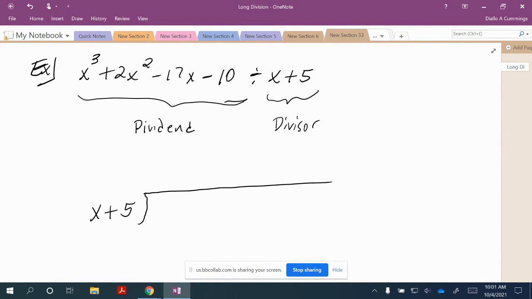and 5, which is a constant, has a degree of 0. If I look at my dividend, my first term is x cubed, so that has a degree of 3. We have 2x squared, that has a degree of 2. We have negative 17x, which has a degree of 1, and negative 10, which is a constant, it has a degree of 0. So notice I have descending order, 3, 2, 1, 0. If you're ever missing a term, you have to put in what's called a filler 0. All right, so everything is in descending order,